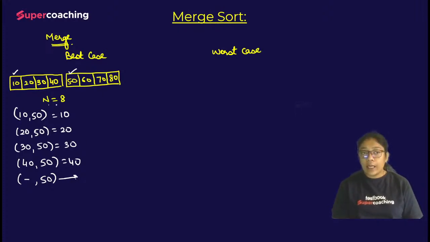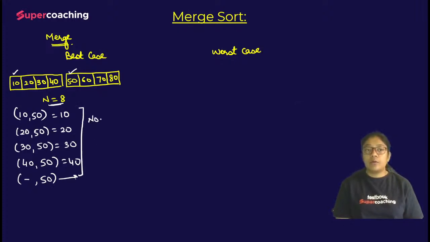So for 8 elements, how many comparisons are taking place? Best case means when we are picking up the next element from one list only. So in this case, how many comparisons are done? Number of comparisons in the best case. If there are 8 elements, 4 elements in the first list and 4 elements in the second,